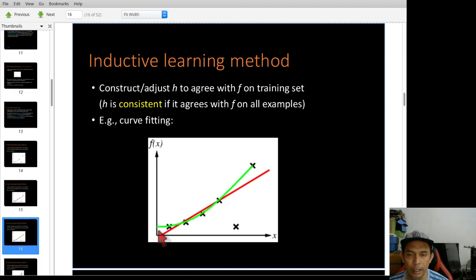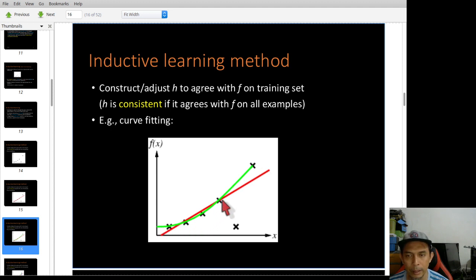Let's say, okay, now you use this non-linear, this quadratic function. Now, how good is this one compared to the linear one? Okay, so from this one, it should be better than the straight line. That means if you want to predict a data point here, it should be somewhere here.